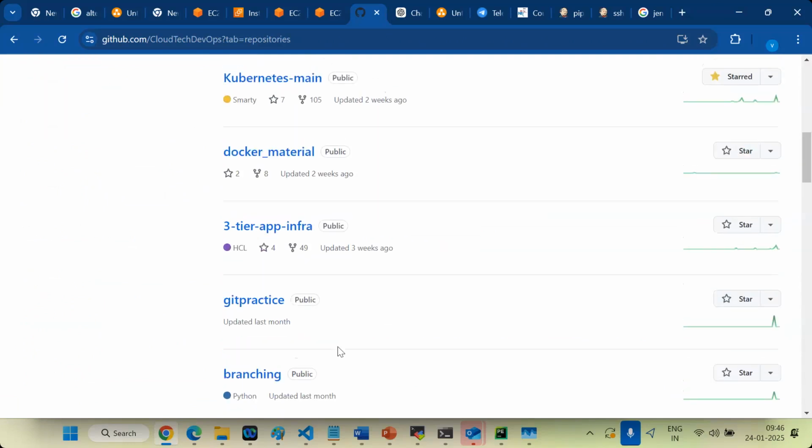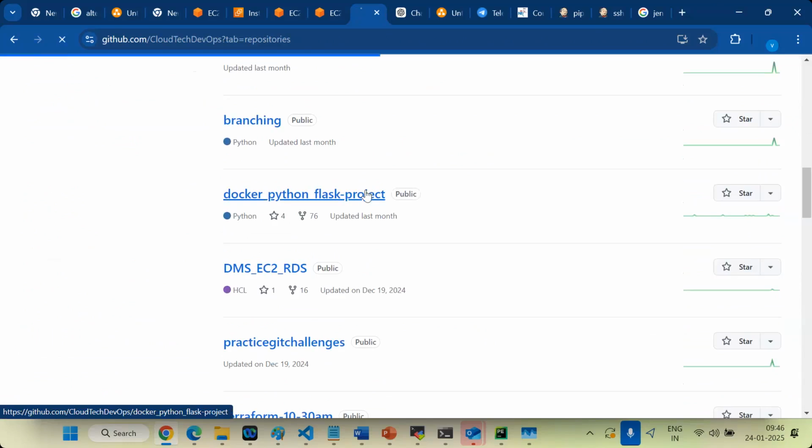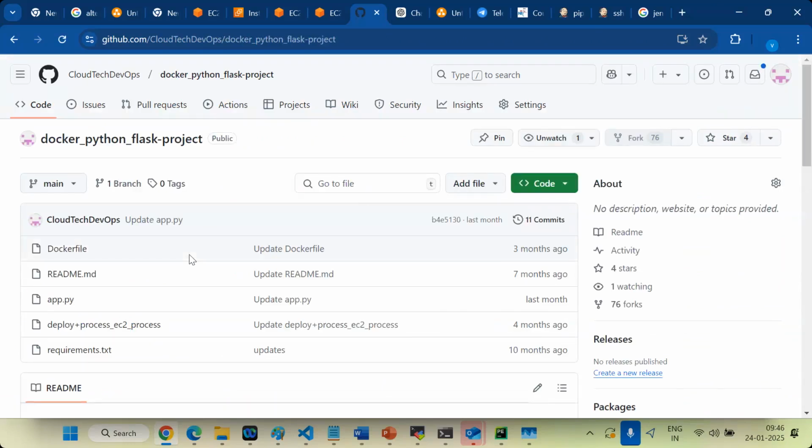Anyway, on my end there is no big code. Just to understand, I'm taking a sample Python Flask application. Guys, does anyone know what Flask is? Python Flask? A framework, very good. Python Flask is a framework.